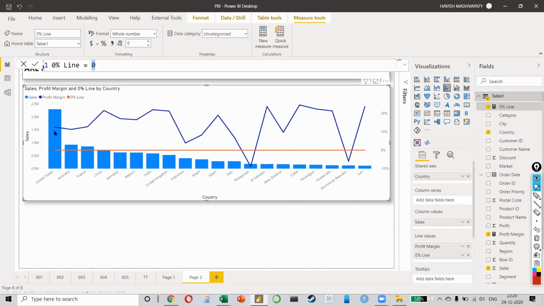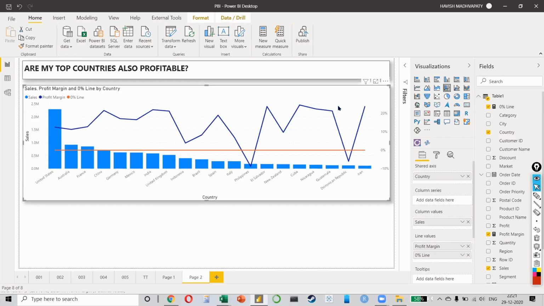That means United States is what? It is 12%, so it will be 0 to 10 and then 10 to 20. Right? Let's say there are 3 brackets we're looking at: less than 0, 0 to 10, and 10 plus. Let's keep it simple. So this will be green. Again, if you notice, a lot of these will come as green, but this one will come as yellow because it is between 0 and 10%, right? Like this. First, make sure that all of you have done this, then we'll continue. If you have any questions, please ask.